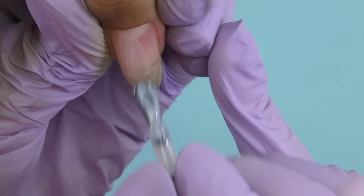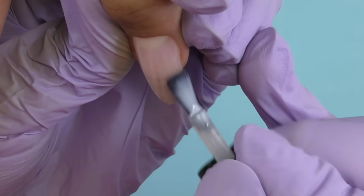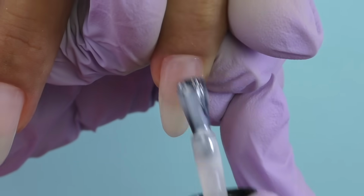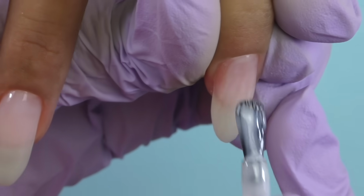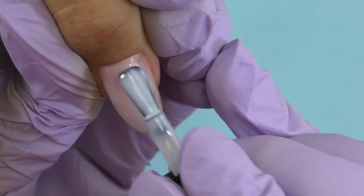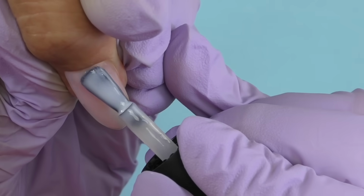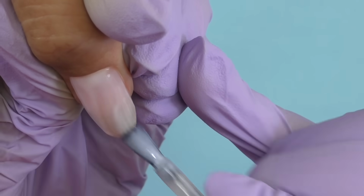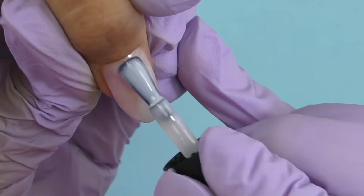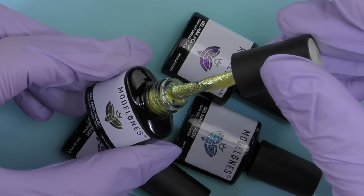Let's use this beautiful milky color as the background. I like that it's not too intense, it's still semi-transparent so we can see the nail a little bit, but it gives this whitish milky look. We really enjoyed all these glitter colors that were included in the kit, so we are going to use them afterwards, and this milky one will be a perfect background. One coat will be enough to cover some imperfections and to get the color that we need. Then we cure it in LED for 1 minute